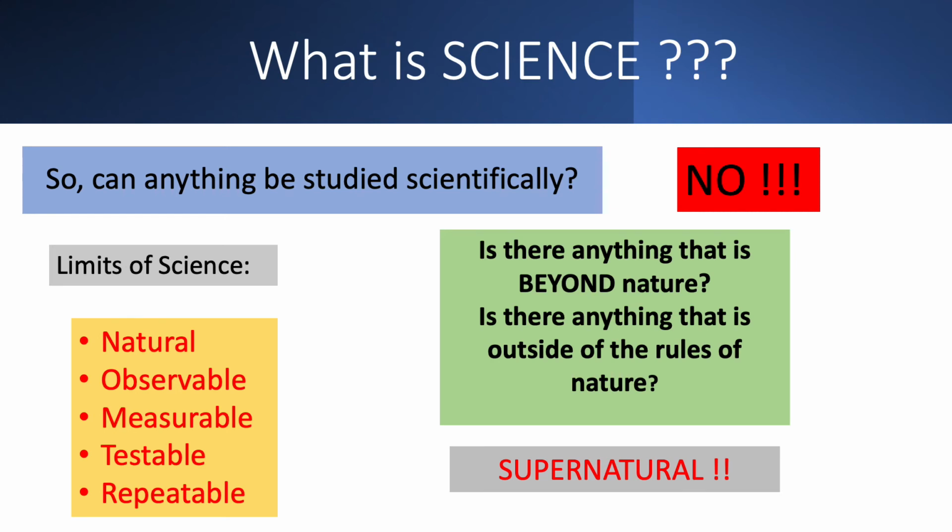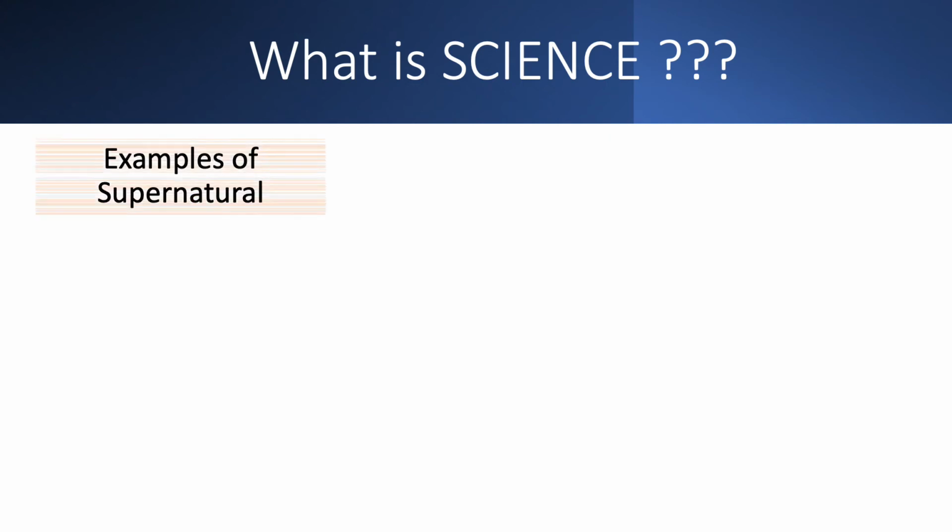Really, what it truly means is it's outside of the rules. So obviously science can't study it. Maybe there are no rules. Maybe the rules change. Maybe somehow the rules can get made up in different ways, and so forth. So the rules that science studies, remember, are the same everywhere all the time, and we focus on them and see if we can get them figured out, basically. So let's talk about supernatural here real fast.